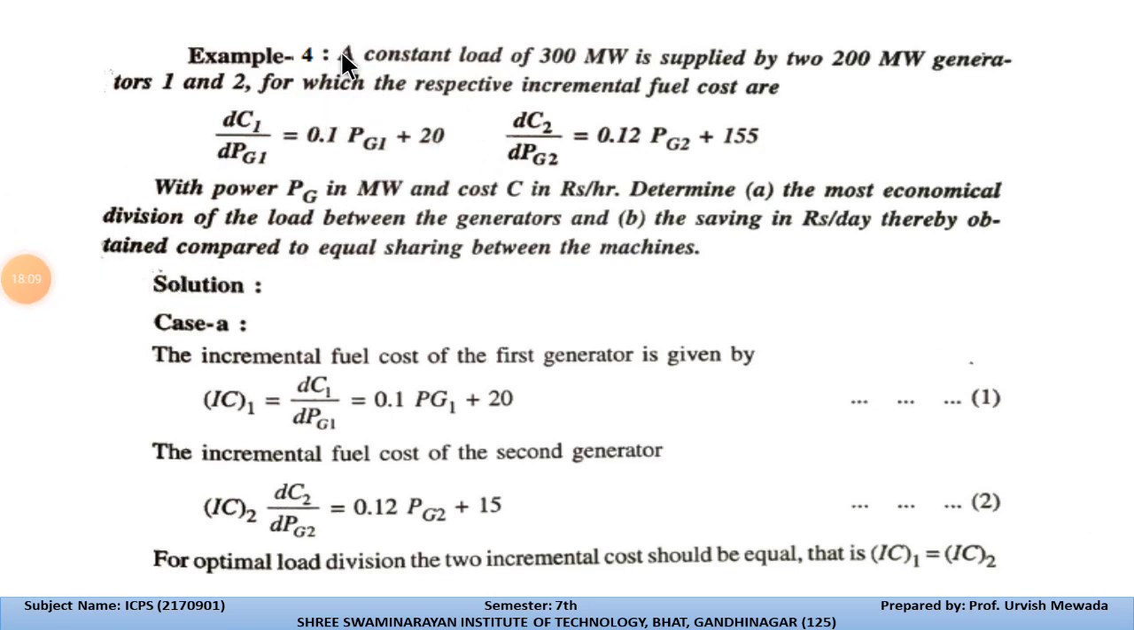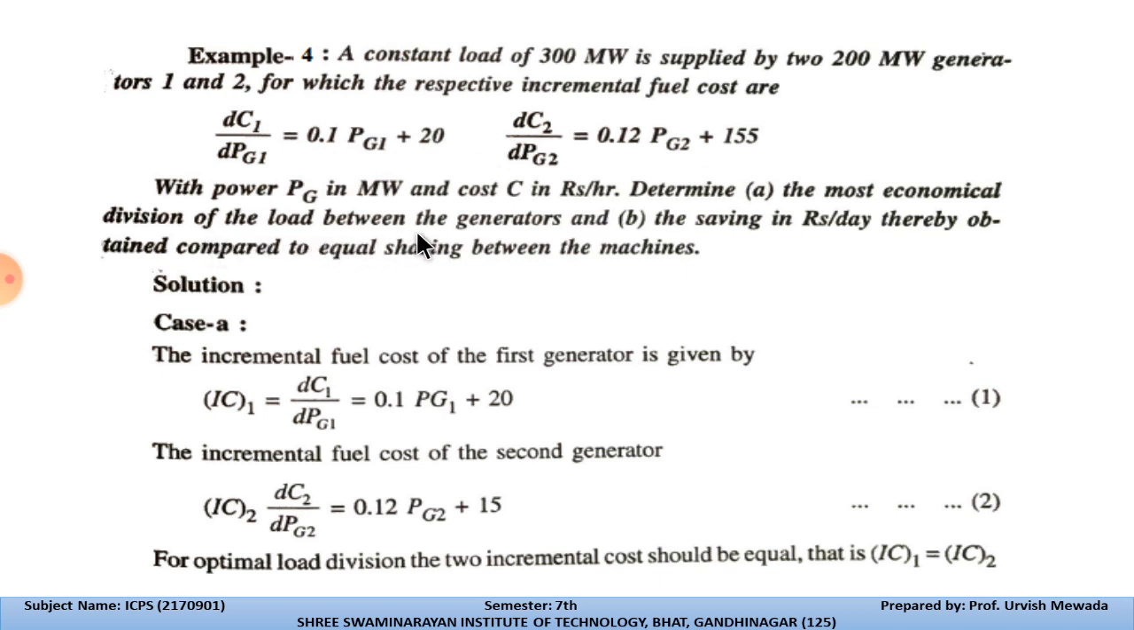In this example number 4, a constant load of 300 megawatt is supplied by two 200 megawatt generators 1 and 2, for which the respective incremental fuel costs are given: dC1 by dPg1 is equal to 0.1 Pg1 plus 20, and dC2 by dPg2 is equal to 0.12 Pg2 plus 15. With power Pg in megawatt and cost C in rupees per hour, determine A, the most economical division